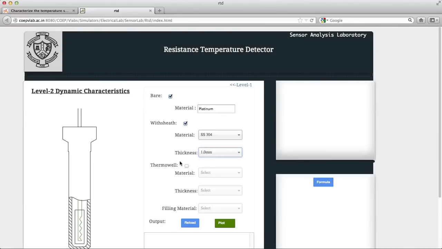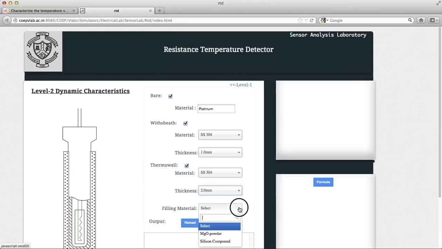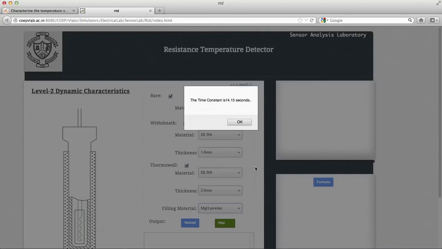Now if you still want to continue with the dynamic characteristic, and if you select a thermo well, it looks like this as shown in the diagram. Select the material of the thermo well, which is SS304, and again suppose the thickness is 2 millimeter. Then filling material, which is to be inserted in between the gap of sheath and thermo well, and the material which we have selected is MgO powder, which is a standard thing. The time constant has gone to 14.15 seconds,